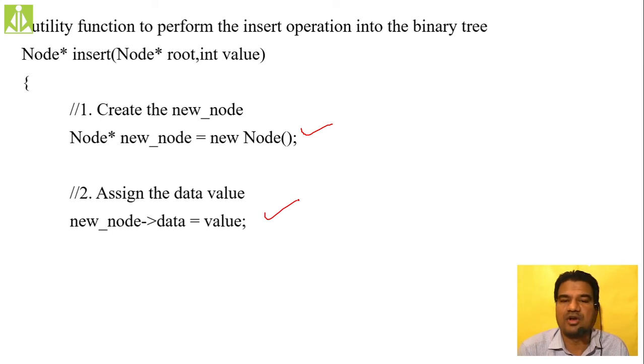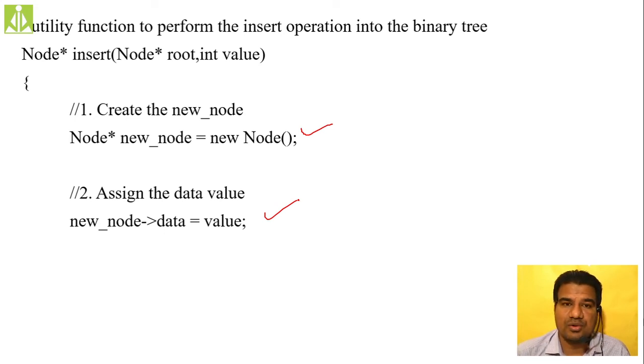That thing we have already seen in your prior data structures as well. Whatever data structures we practiced before trees, like doubly linked lists and singly linked lists, there also whenever we are inserting a new node, we are creating a new node and adding the data part, isn't it? Creating the new node and adding the data part. The same thing I am doing over here.